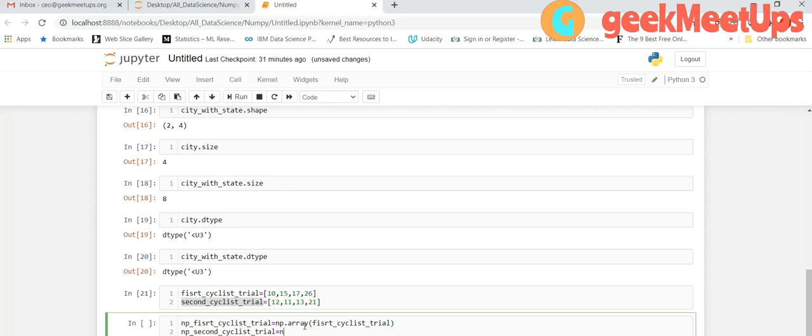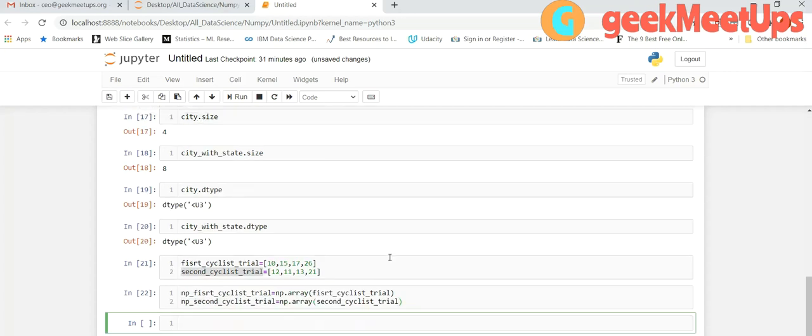Similarly, we do the same for the second cyclist as well. If we do this, we will get the NumPy arrays. Now our two NumPy arrays are